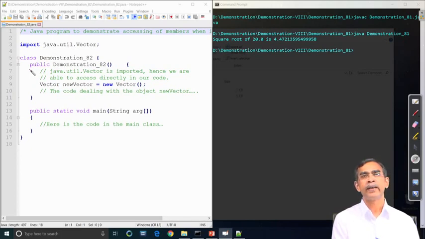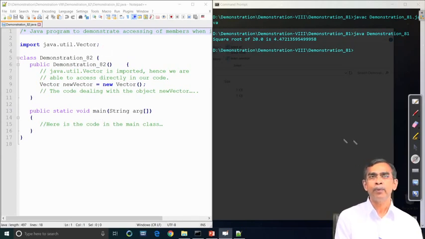As we see, new Vector. So, basically we create an object of class Vector, which is in the util package, and then this vector can be used for many other functions, that code is not given here. So, this is one example that a particular vector can be created. Now, import is not necessarily limited to only importing one class.